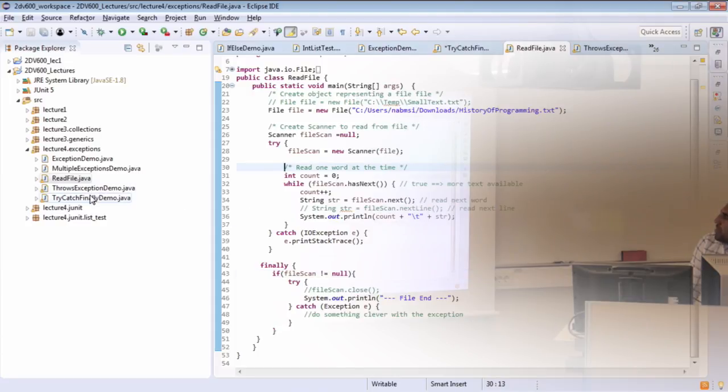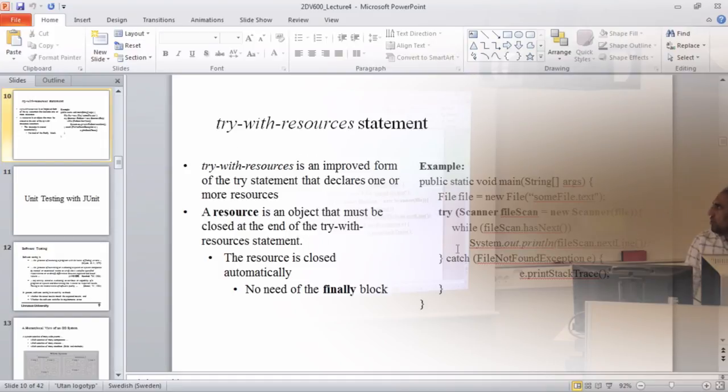Another option to manage these kinds of things is to use the try with resource statement. The try with resource statement allows us to close the objects automatically. We don't need to specify the close statement in the finally block. And the syntax for that is,